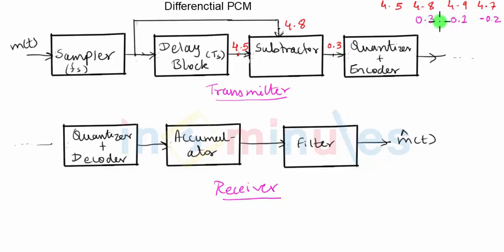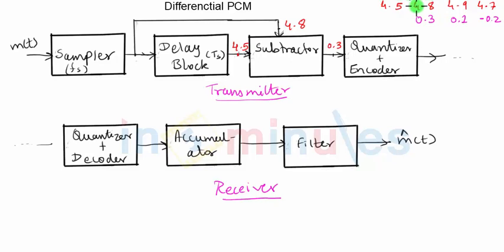So the very first point that we need to understand is that differential PCM will only be able to offer the advantage of lesser bitrate and hence lesser bandwidth if the original signal is such that the two adjacent sample values are not changing by a large amount. Point number 2 that we have to understand is that sometimes we may not have a signal in which the two adjacent sample values are close to each other. In such a case, to have two values close to each other so that the differences are small, we'll have to sample the signal such that the two samples are very close to each other.